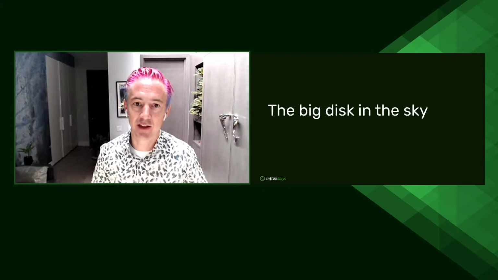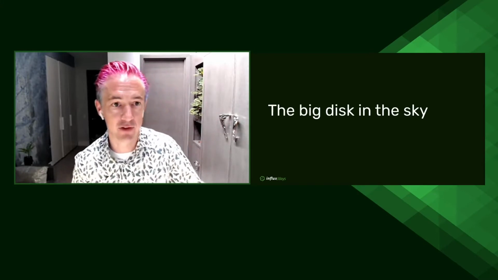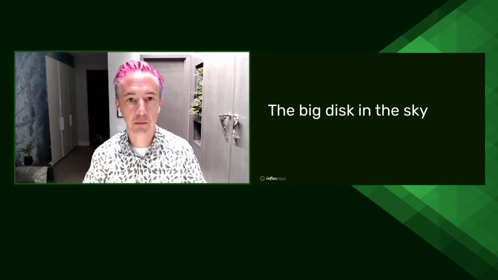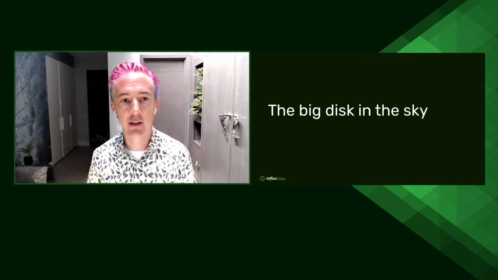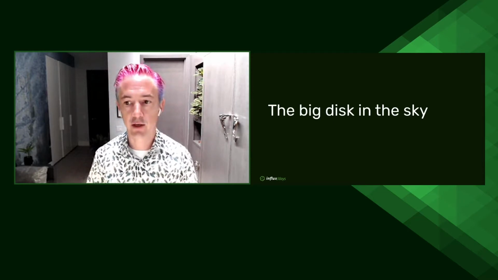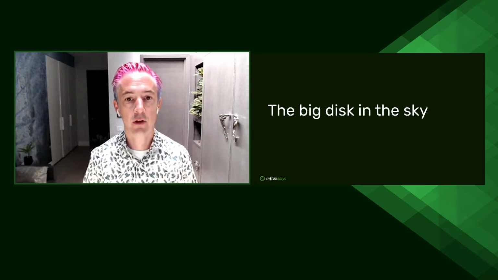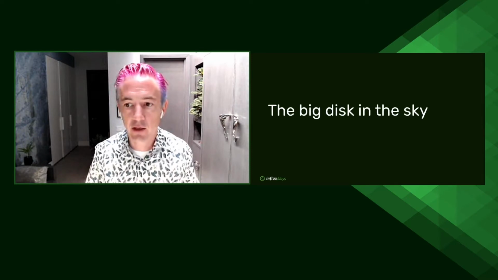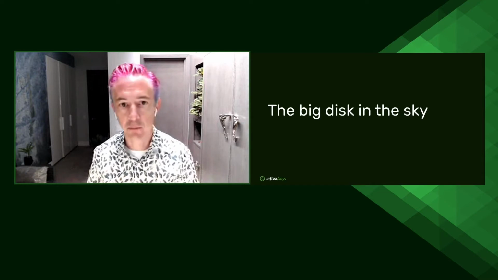This is what I call object storage. One of the biggest design choices for IOx is that it operates with object storage as its primary persistence layer. This is decoupling compute from storage, and we needed a system designed to run in a highly elastic and ephemeral environment like Kubernetes. So the easiest way to do that is to use object storage as our persistence layer. So we treat it basically like a big file system in the sky,